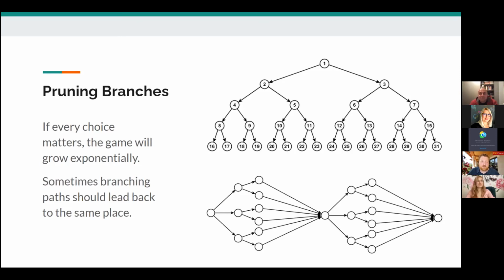So there's this concept of pruning, and pruning basically means that multiple branches that split off when the player makes a choice tie back together and come to a common place. And that presents the ability to balance a little bit the player's sense that they are making choices, and their choices result in different narrative outcomes, changes to the story, but the story doesn't just keep spreading. The story can come back together, and there can be a manageable amount of different possibilities that the designer then has to worry about.